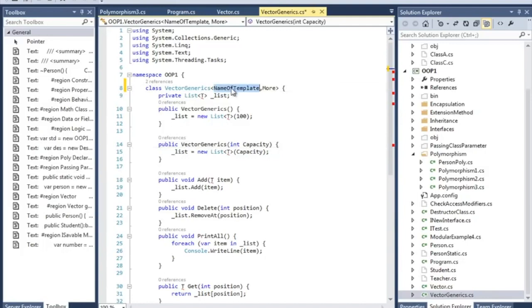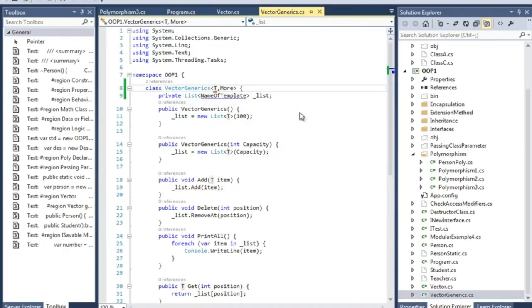That's it. So if we really want to replace that T, just put this name template and it will work just fine. And in most examples you are going to see the T, because that's really very common, and try to use the common names because it will be helpful, and that's it. It's not very rocket science. So whenever someone creates your class, they're going to put the data type in between those angle brackets, and they're going to have the benefit of generics.